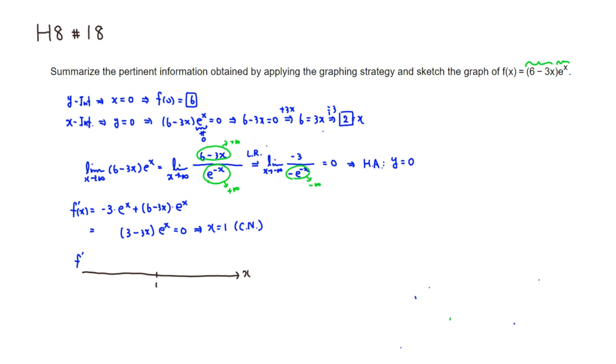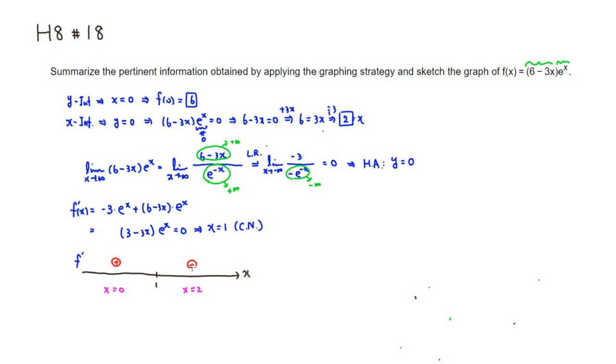All right, so any number smaller than 1, I'm going to try x equals 0. All right, after 1, we can try x equals 2. So let's see if it's positive or negative. If you plug in 0 here, 3 minus 0, e to the 0 is positive, so this is going to be positive here. If you plug in 2, 3 minus 3 times 2 is negative times positive, so it's going to